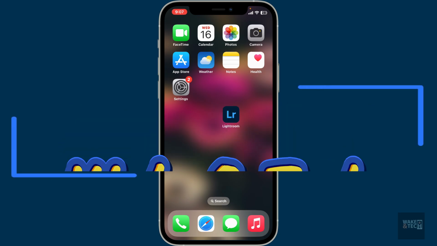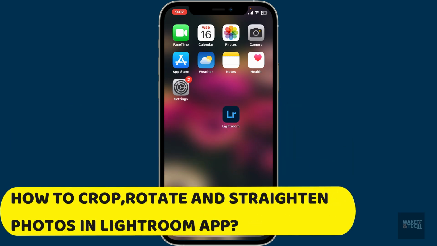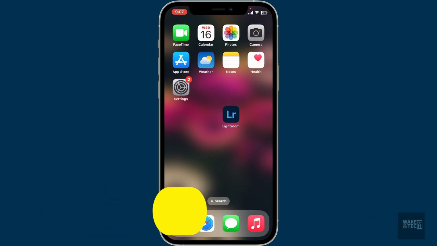Today in this video, we are going to be learning how to crop, rotate and straighten photos in the Lightroom application using your smartphone. First of all, in order to crop, rotate and straighten photos easily using Lightroom, open up the